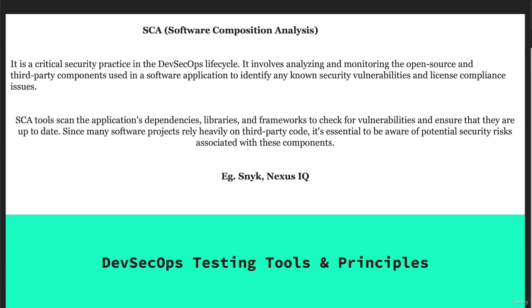So an SCA tool helps to scan the application dependencies, libraries and frameworks to check for vulnerabilities and ensure that they are up to date and there are no licensing issues. Since many software projects rely heavily on third-party code, it's essential to be aware of the potential risks associated with the third-party libraries, jars, or components used in these